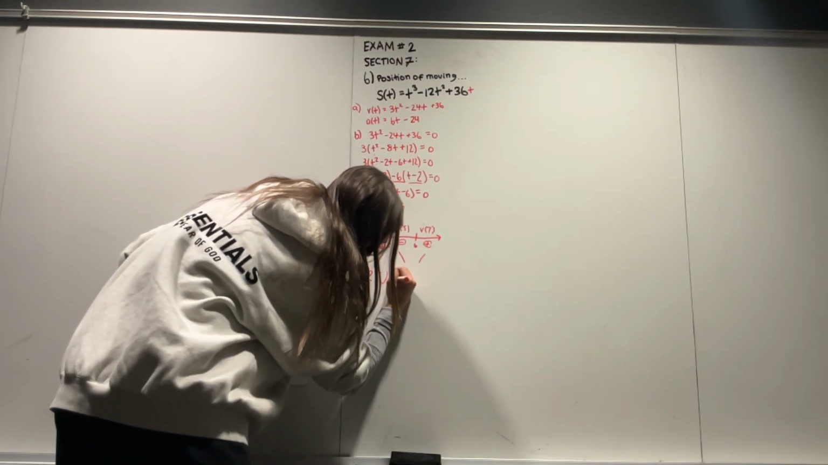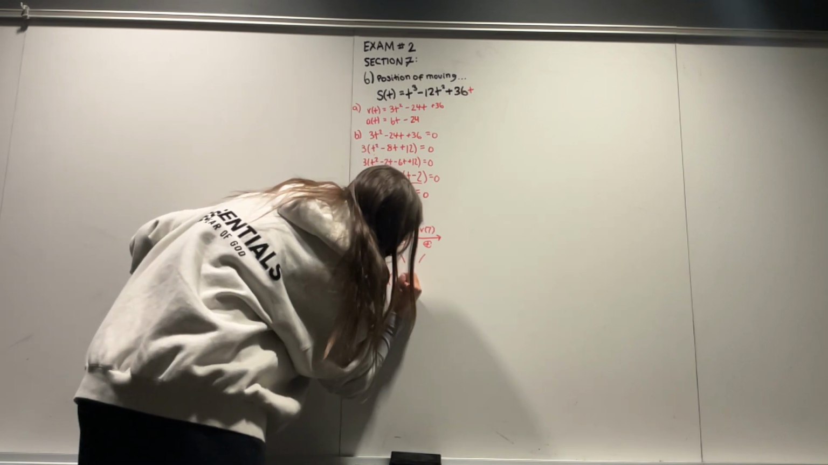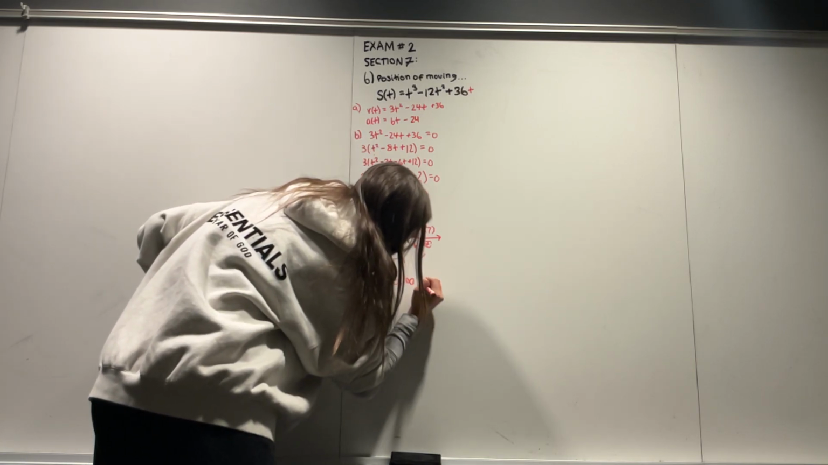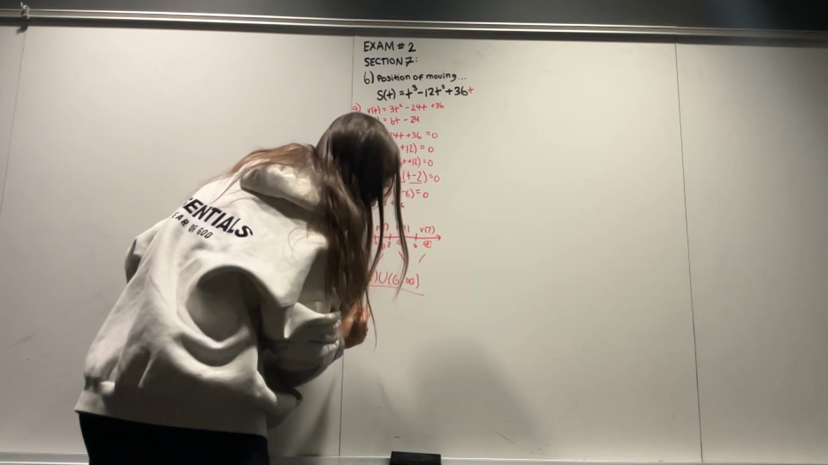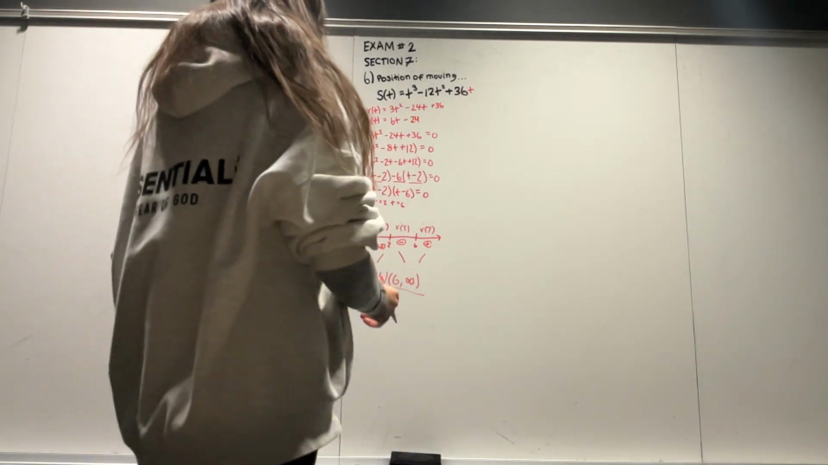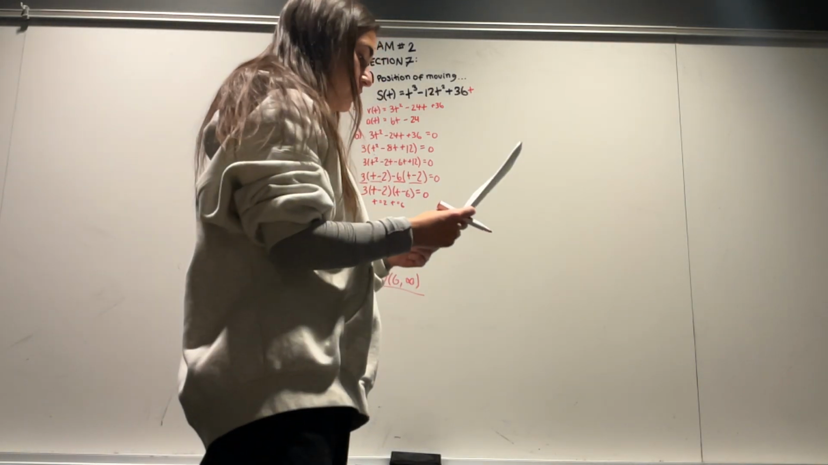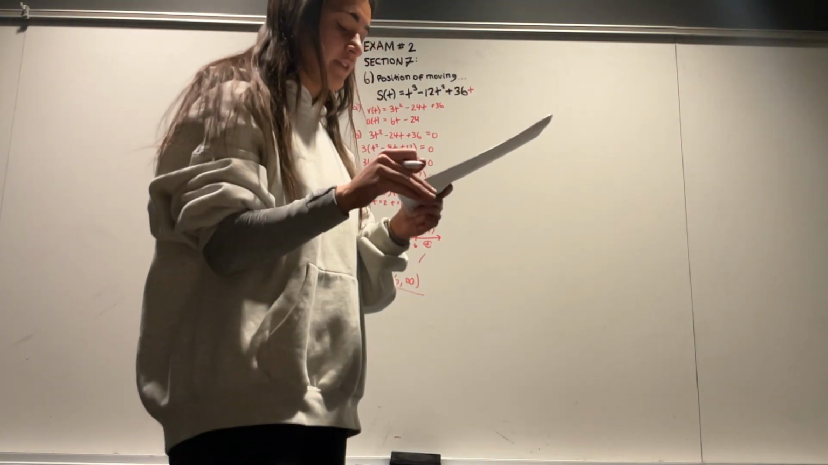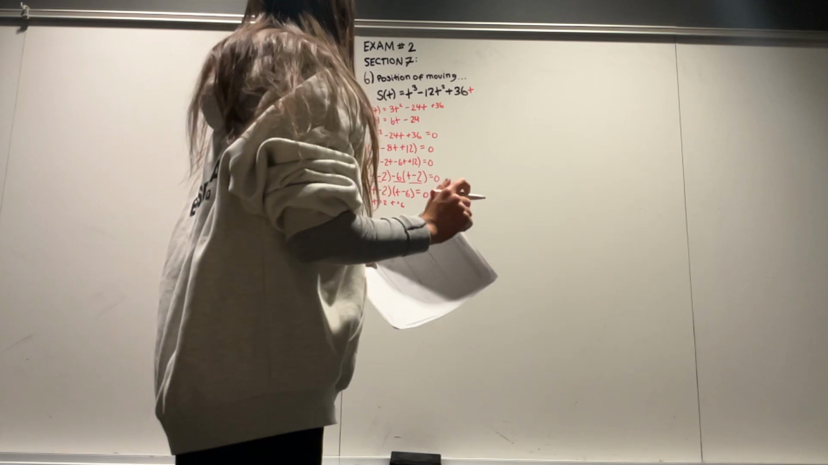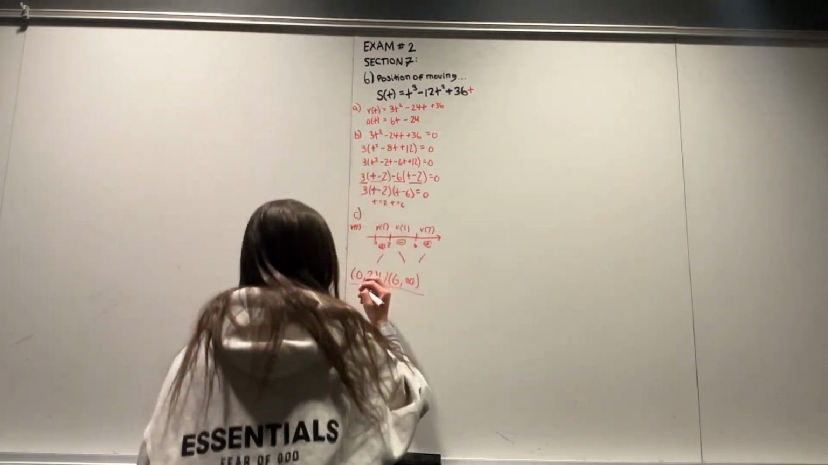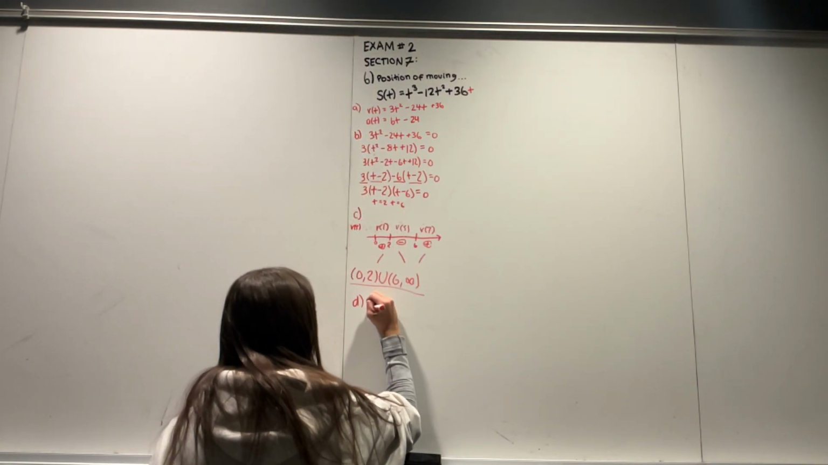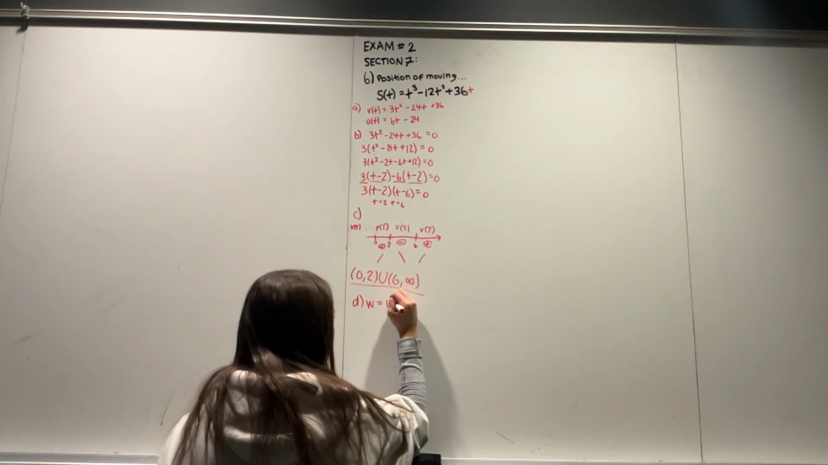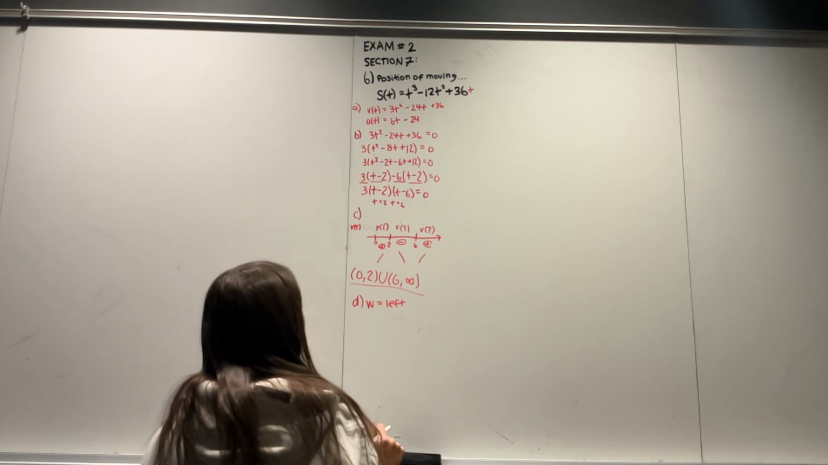The union, because there are two parts, and then 6, comma, infinity, and that's when it's increasing. And then part D asks: on which interval of time does the particle move in the west direction? I made note that west equals left, and then